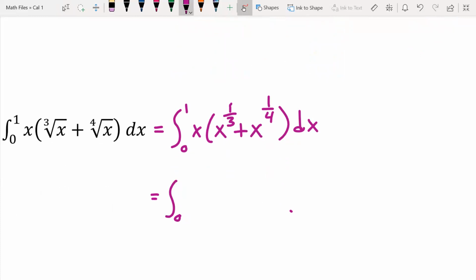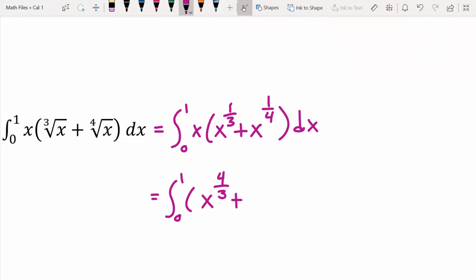We have x times x to the 1/3, which gives me x to the 4/3,